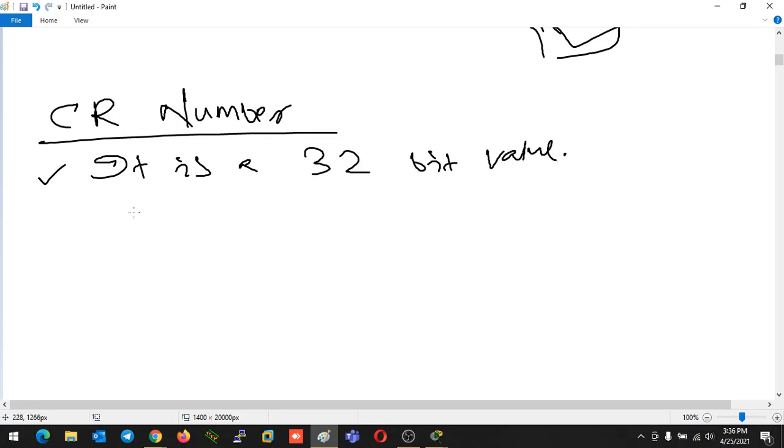That means the number can range from 0 to more than 4.5 crore. The next point: it will be in decimal format.